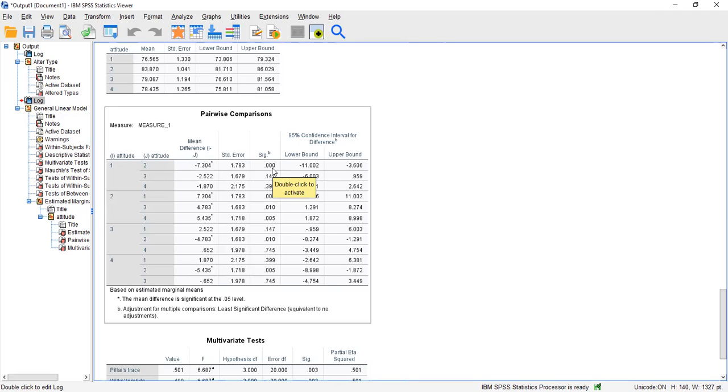So there is a significant difference that exists between attitudes 1 and 2. Attitudes 1 and 3 shows that the significance level here is 0.147. So there is no significant difference that exists between attitudes 1 and 3. Between 1 and 4, there is no significant difference that exists because the sig level is 0.399. When I look at attitude 2 to 1, I show that there is a significant difference that exists